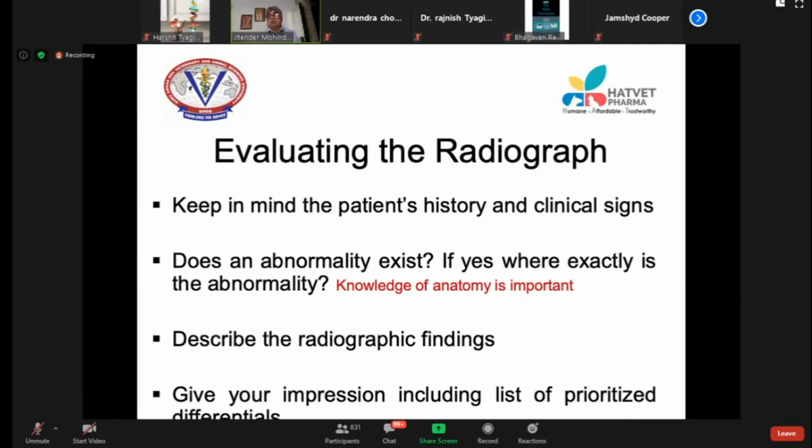Let us say you are seeing a radiograph of a forelimb, and you don't know how to count the digits. Counting should always start from medial, that is, first digit, second digit, third digit, and fourth digit. So this is first, second, third, fourth, and fifth digit. So counting should always start from medial. So knowledge of anatomy is very important.